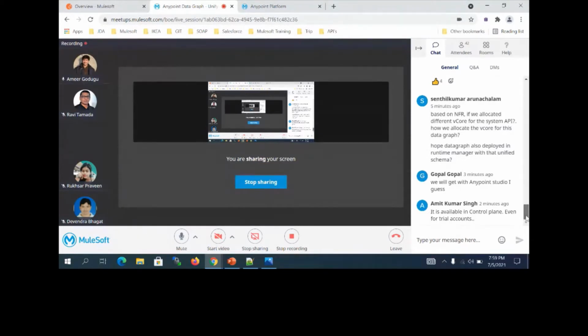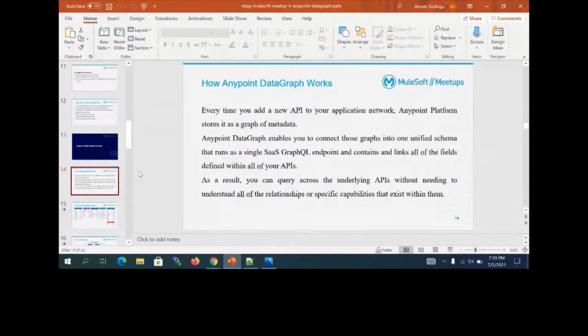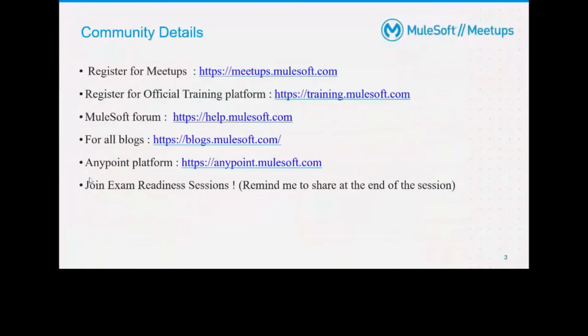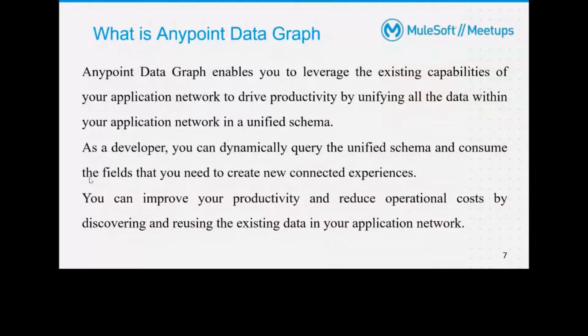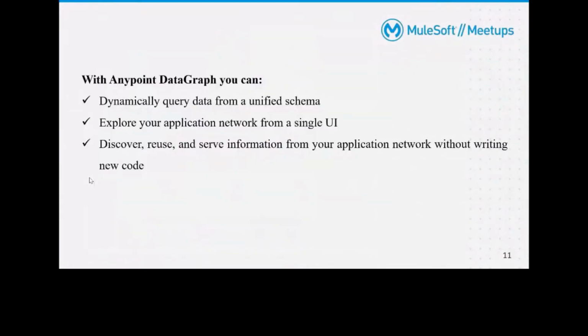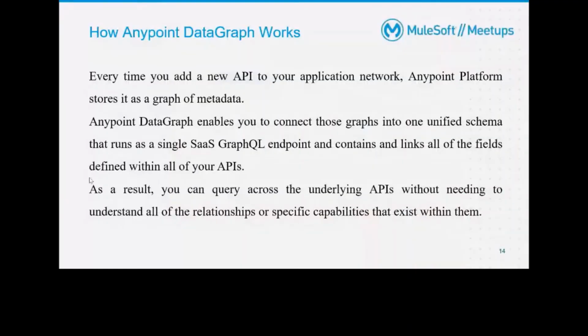Okay, I think many questions were asked, and they are valid questions. Let me proceed; I think you will get some more idea. I was talking about how we can query all the APIs' data with a single request, and that we can reuse things. But exactly how does this data graph work internally? That is what we need to know. I created a customer API in my Anypoint platform in Design Center.